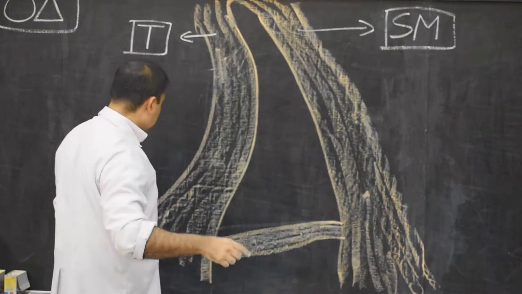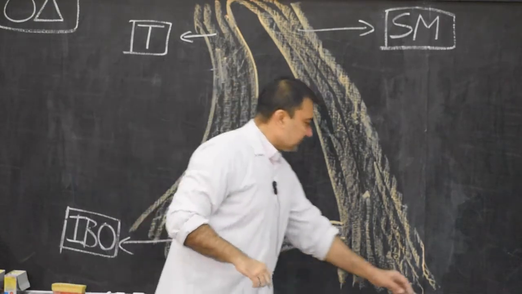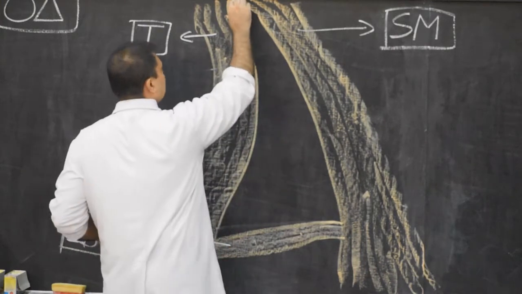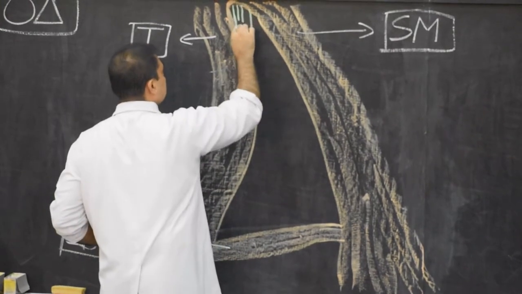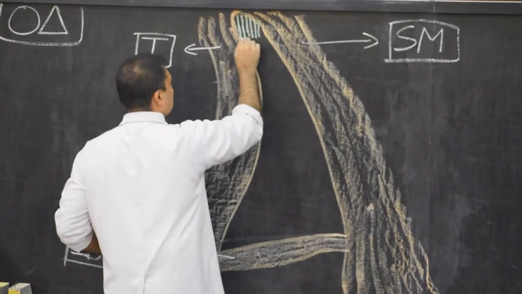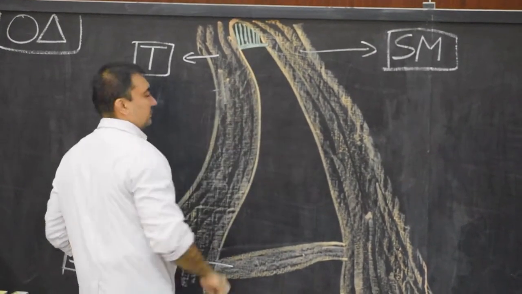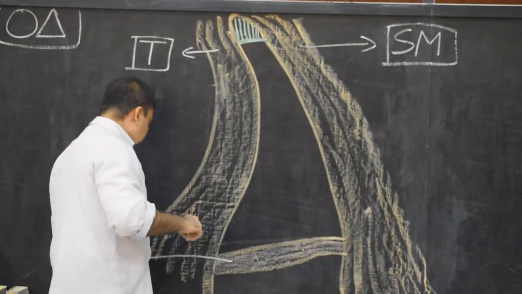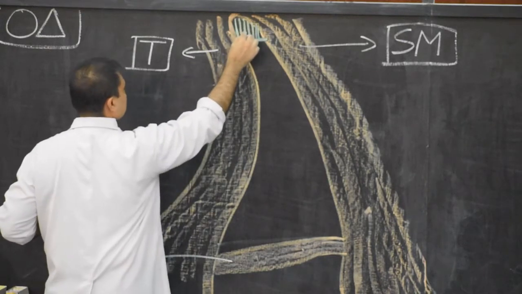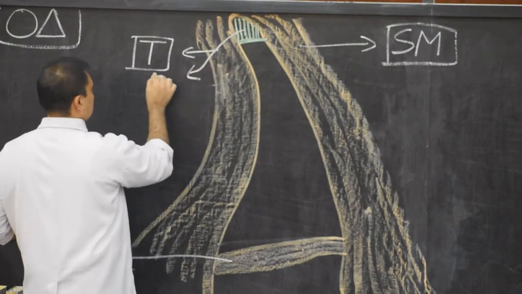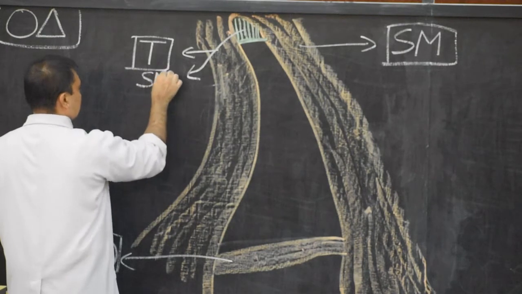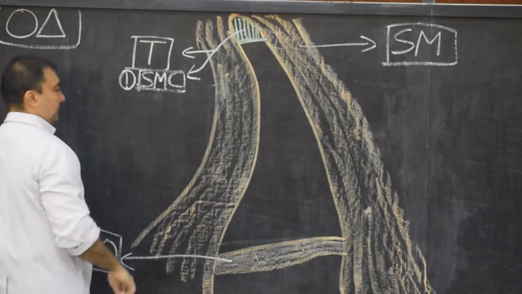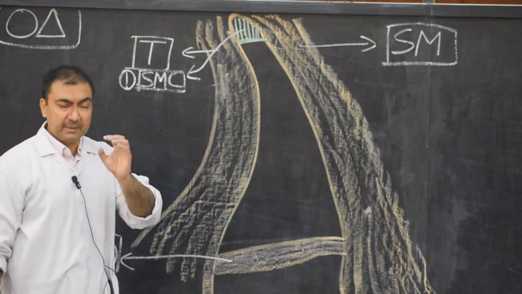Now here for the floor I will use different color. So what I will use is green color for the floor, where I will draw the muscles from superior to inferior. Vertical fibers of splenius capitis. So please draw these vertical fibers of splenius capitis muscle. Not splenius, semispinalis capitis. I am sorry, semispinalis capitis. So please draw this semispinalis capitis. So here we go with first semispinalis capitis muscle. This is the first. I will put number 1. This is how we will remember. They are vertical fibers. Semispinalis capitis.